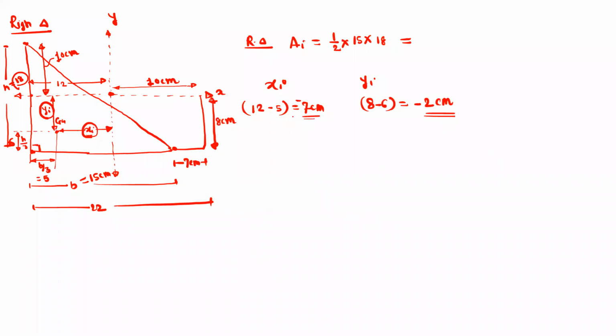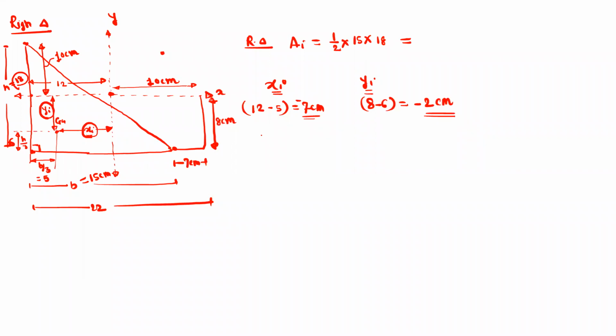So to decide whether it is positive or negative, observe the position of that centroid. Okay. If the centroid of any geometry is lying in the first quadrant, both the coordinates x and y will be positive. If the centroid lies in the second quadrant, x will be negative and y will be positive. If the centroid lies in the third quadrant, x and y will be negative, and for the fourth quadrant, x is positive, y is negative. Okay. So depending on the quadrant of the centroid, decide the sign of the x and y coordinate. In this way, we will get the centroid for all the standard geometries that we have selected.